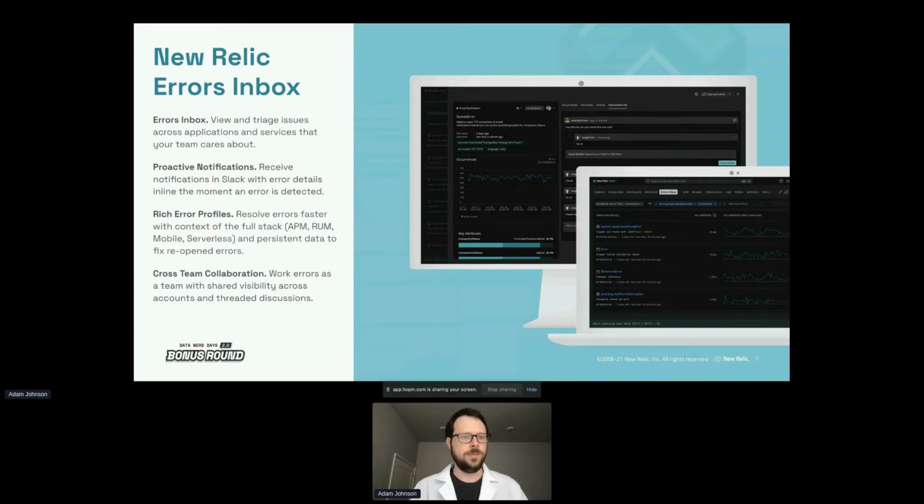We give you proactive notifications. So as soon as you do push to staging, and there's a new error detected, you're going to get a Slack notification with that error message right in a Slack channel of your choosing. And from there, you can have a one-click link directly into Errors Inbox,